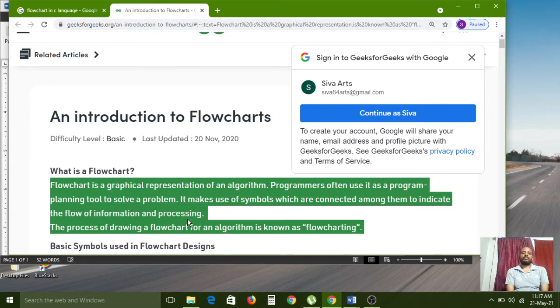First we need to develop the algorithm, after that we have to draw the flowchart for that program. By looking at these two things, the program owner, the program head, can approve.